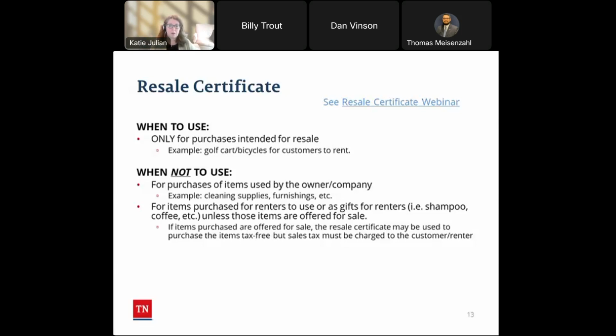So anything that you use for your short-term rental, like cleaning supplies or the furniture you buy to furnish it, you cannot use your resale certificate for those items because you're not selling them. If you purchase, let's say, some t-shirts that you're going to resell to your customers, you can purchase those t-shirts using your resale certificate. But if you're purchasing them to give to them as a gift or like